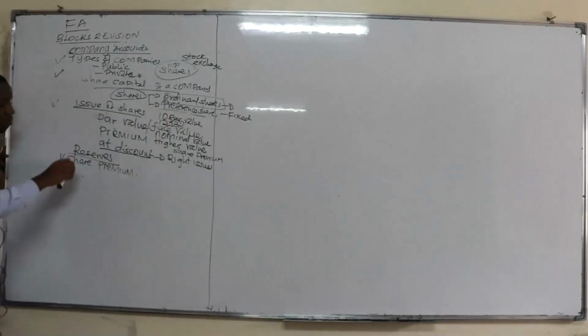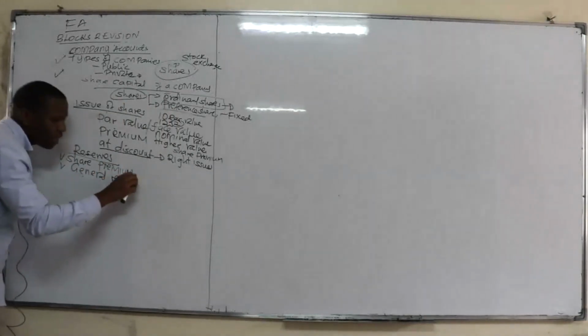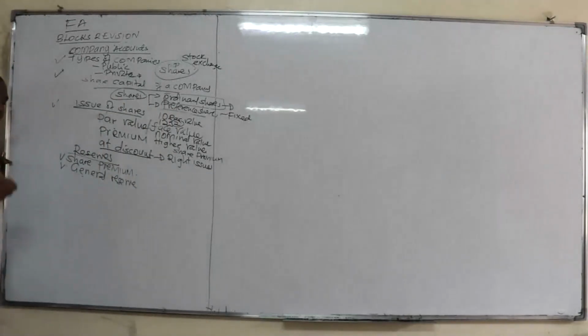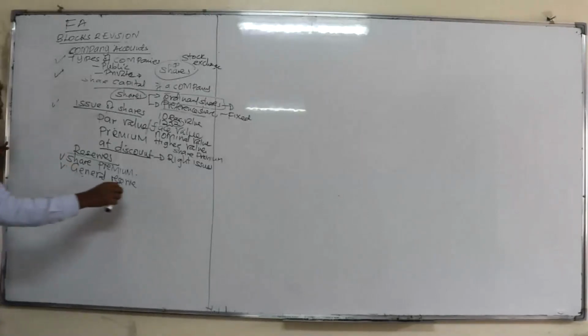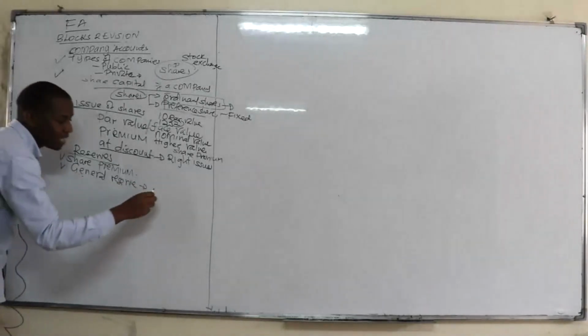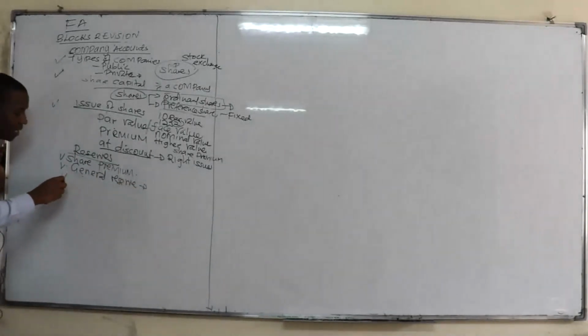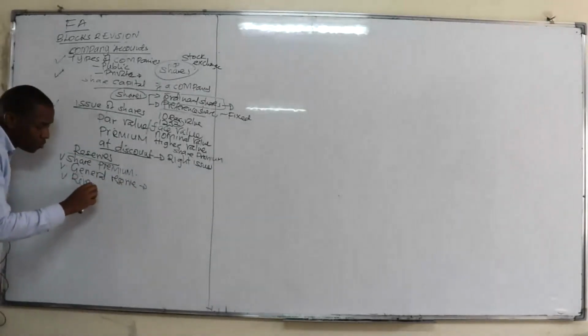Then number two, we also have what we call the general reserve. Now, what is the general reserve? This is whereby you withdraw money out of what you have as retained profits to be reserved for general purposes. So as a result of general purpose, anything that may come out during the operation of the business, in that case, you can withdraw that money. So you will take it out of your earnings to take it to the general reserves. The other one, number three, is now what we call the revenue reserves.